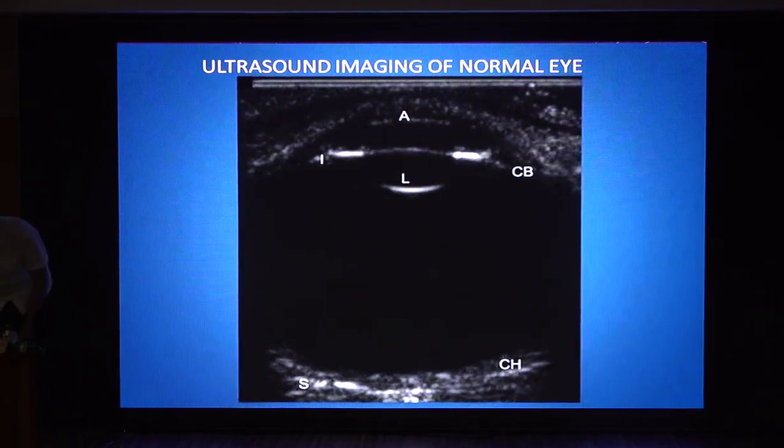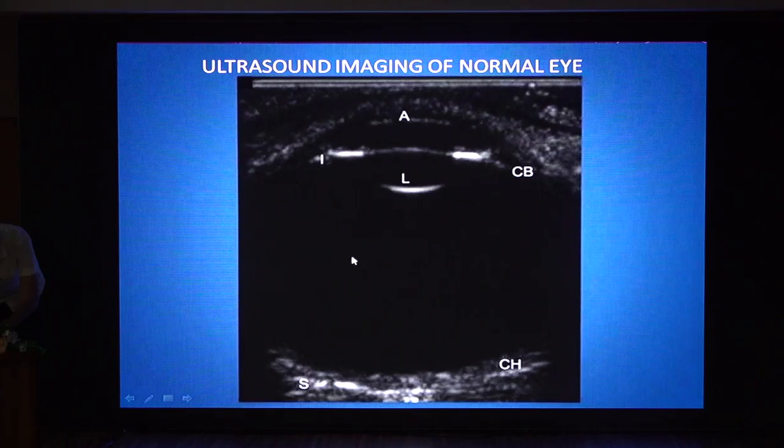So, first, we are able to see the cornea, which appears as a thin echogenic membrane, and then posterior to it is the anterior chamber. Then we can see the echogenic bands which extend from the eye, and this is the iris, and in the center is the pupil. Now, posteriorly, we can see the lens, the choroidal body, and then behind this is the